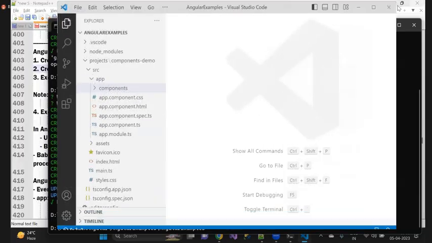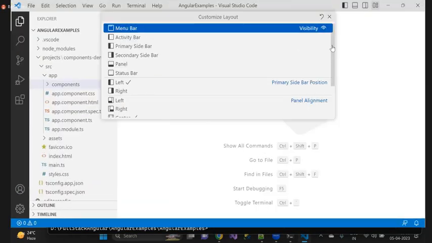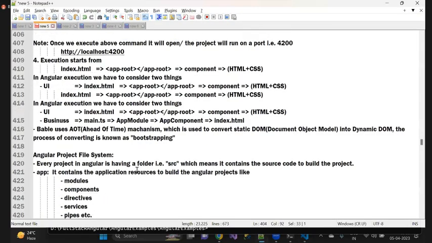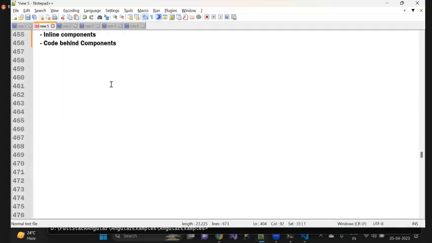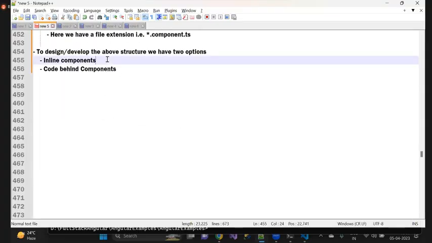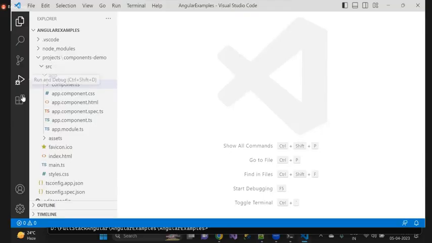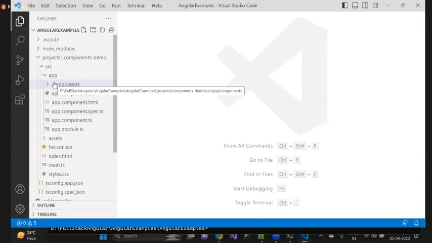Clear now? Creating a folder with the name component. Now, as I told you, we have two sets of components that are available. One is you can create an inline component. The second one is the code-behind component. Now, how to create the inline components? How to create that inline component? For that reason, what I just want to do is,